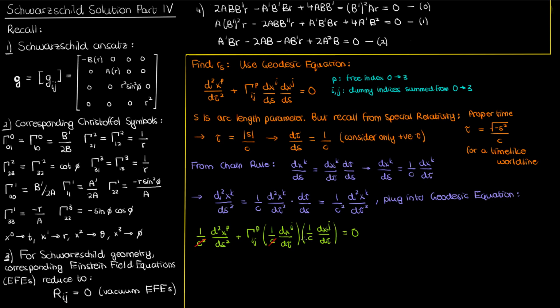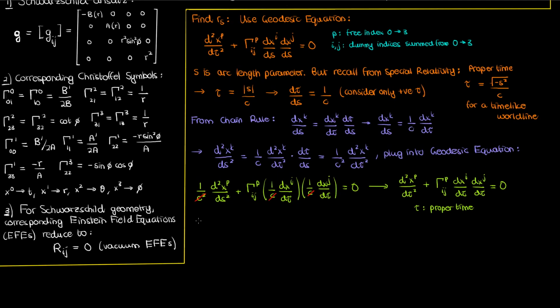We can easily cancel out this factor of 1 over c squared and get a more polished geodesic equation, but now in terms of proper time instead of the arc length parameter. So this makes things pretty convenient. Anyway, let's use this geodesic equation in proper time and look at the coordinate corresponding to p equals 1, which